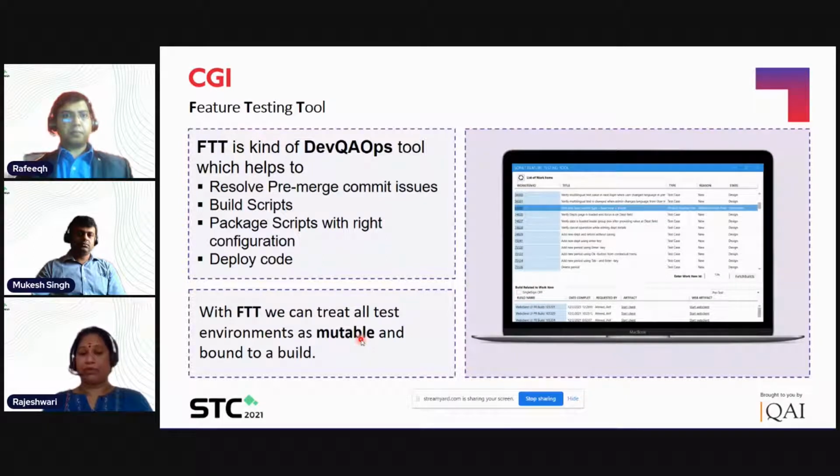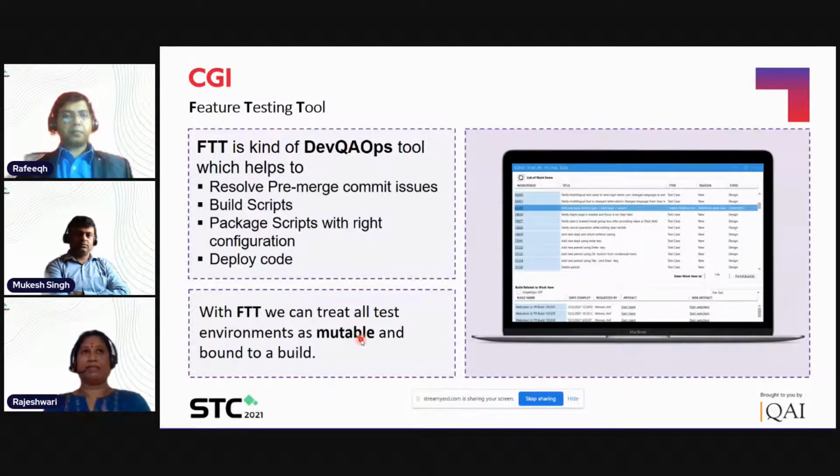We have the power to change the environment and we can do whatever testing we want. I'm not saying that whatever testing the developers are doing is not confined to the functionality requirement, but QA has it too. That's why we say it has to be tested by a different person. QA have their own set of test cases, so they also have to work with the developer and validate the code from the QA perspective. That is the option that this feature testing tool is giving to us.